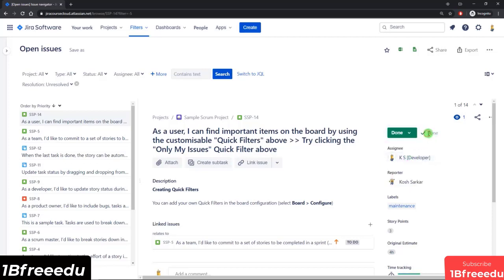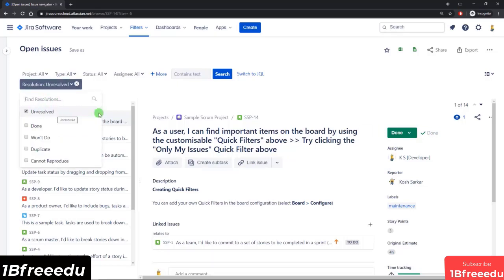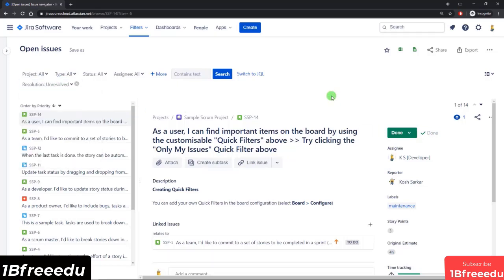Now right away you can see this thing that appeared here. This is the resolution field, and you can see that it's got a tick mark, and so what's happening behind the scenes is that this workflow is configured to automatically set the resolution field to done whenever the issue is transitioned to the done status. And the reason it's so important to know this is because Jira considers that the life cycle of this issue has come to an end because the resolution field has a value. If there is no value, or if the value is unresolved,